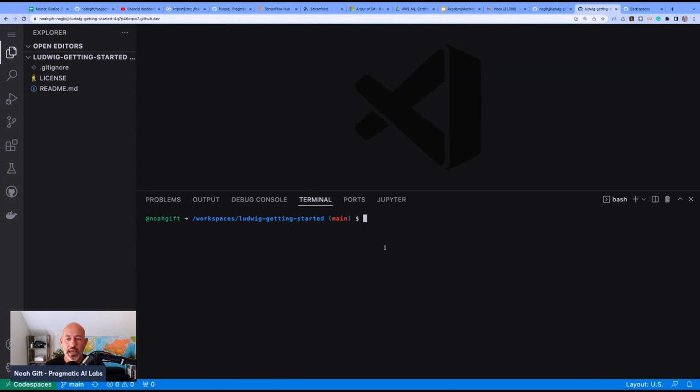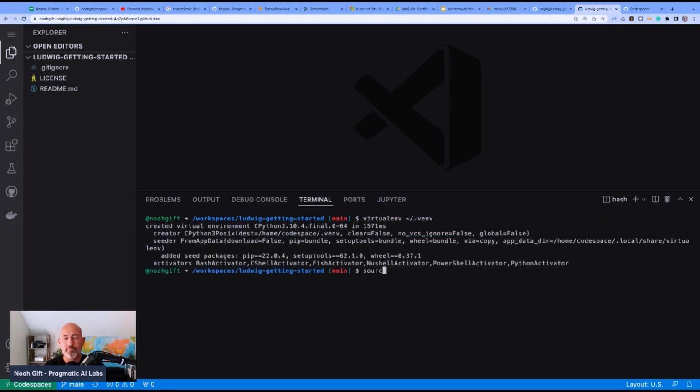I'm going to create a virtual environment first. So I'll say virtualenv, and we'll do this, right? This would basically create a virtual environment. And then I'm going to source it